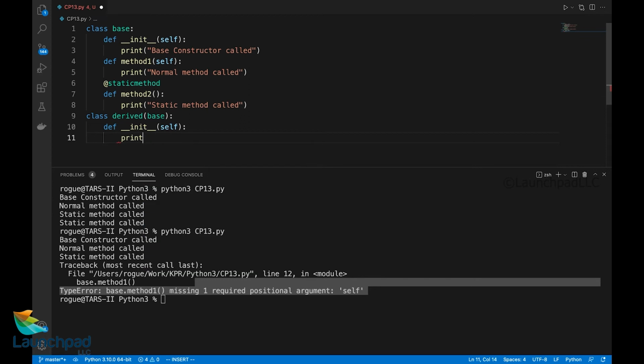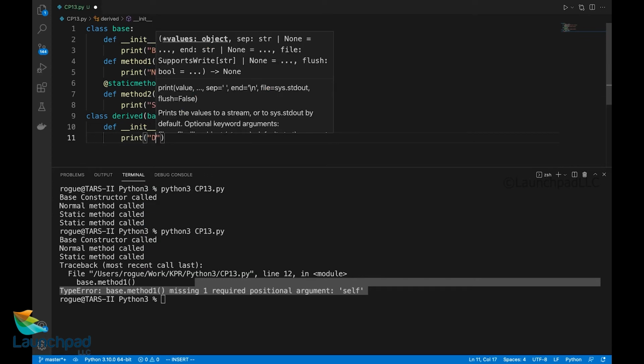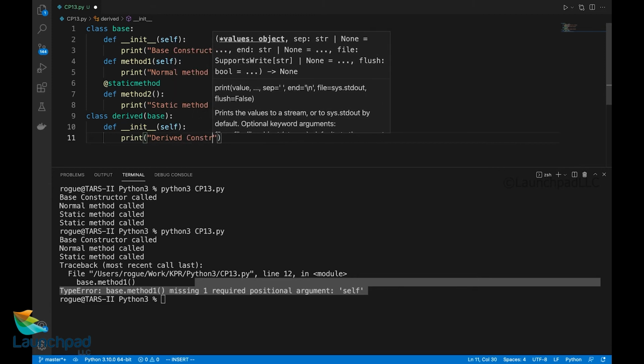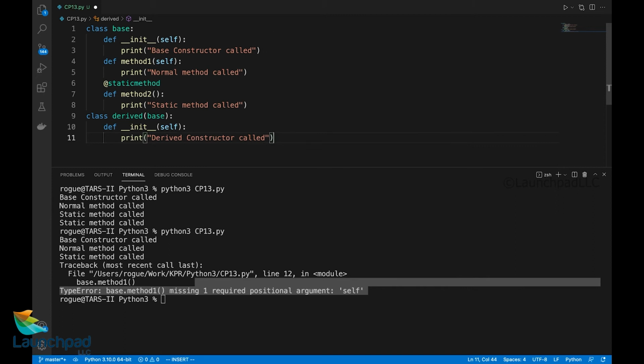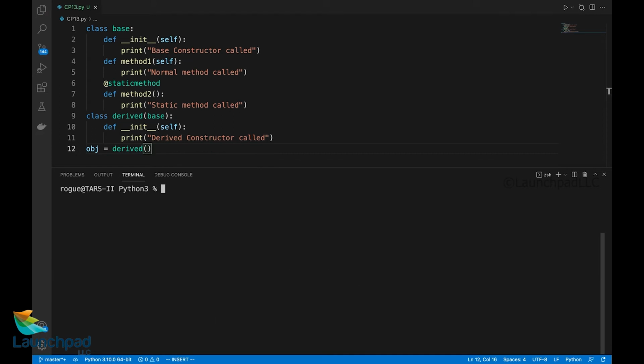Here I'll print, I'll say, derived constructor called. I'll create an object for the derived class and see what happens. I'll clear the screen. I'll run the same old file. You can very well see the derived class constructor is called out here.